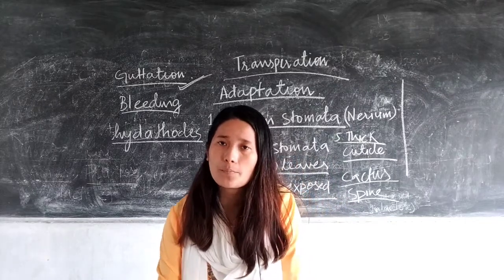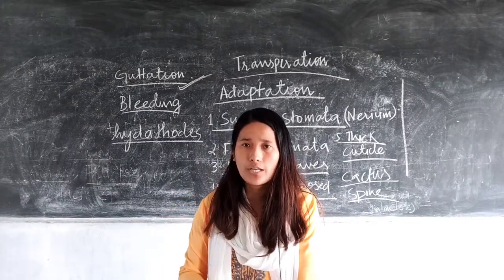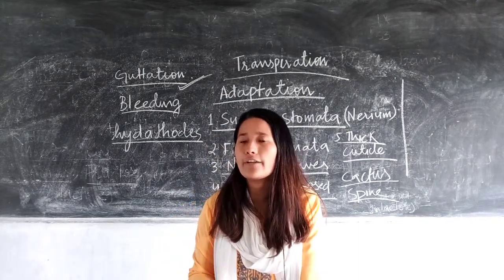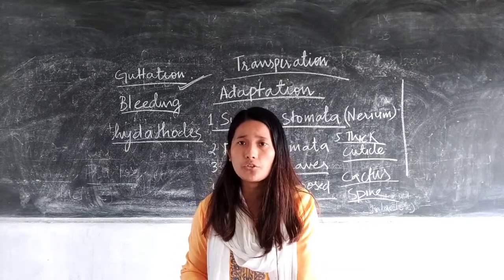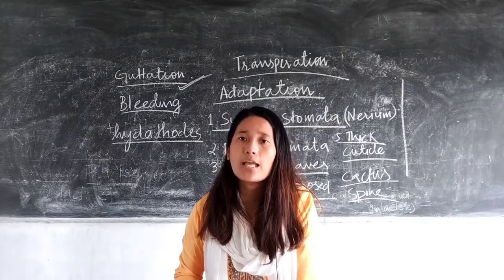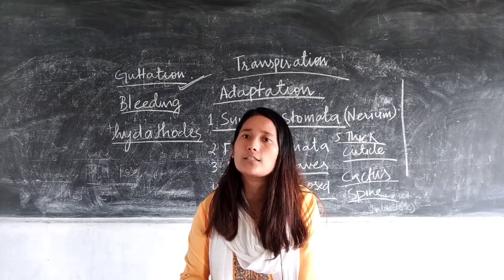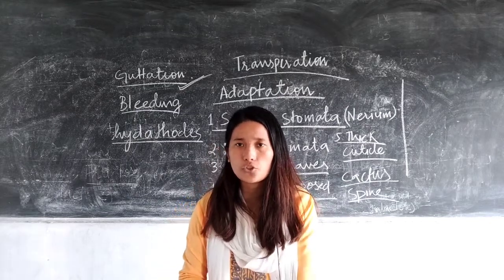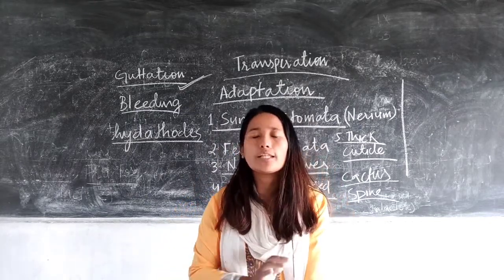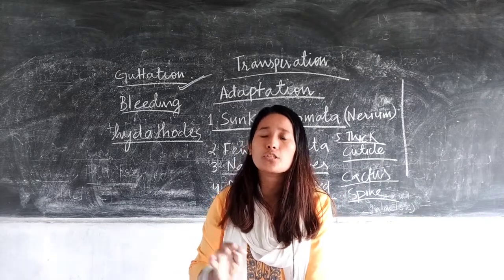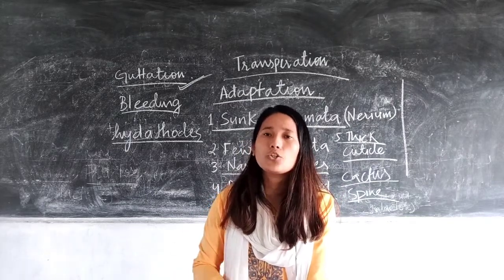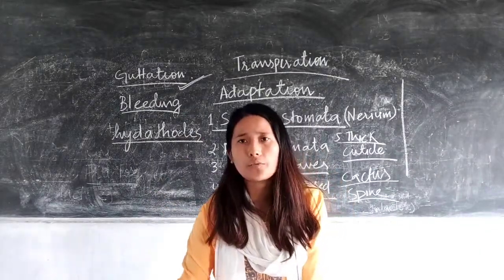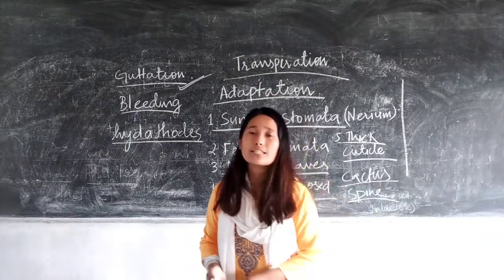So that's all about this chapter. In this chapter we basically focus on what is transpiration and the different experiments. Do not skip any experiment, and they are very easy to understand. You will go through all these experiments and the different adaptations internally as well. Though the syllabus has asked you to omit the external portion, it's very easy and you have done that in your previous junior classes too. So just go through it once, and then go in brief about guttation and bleeding. They will sometimes ask you in a definition what is guttation or what is bleeding. So that's all about this chapter.